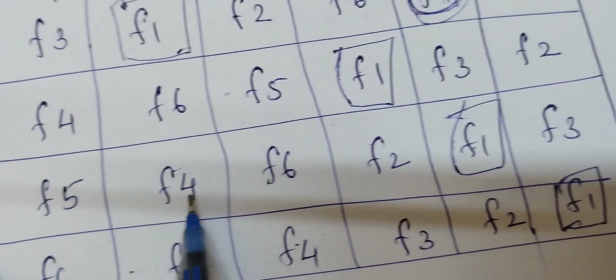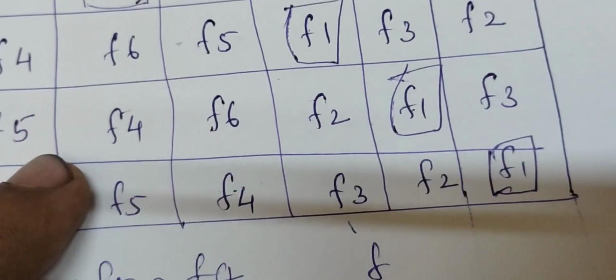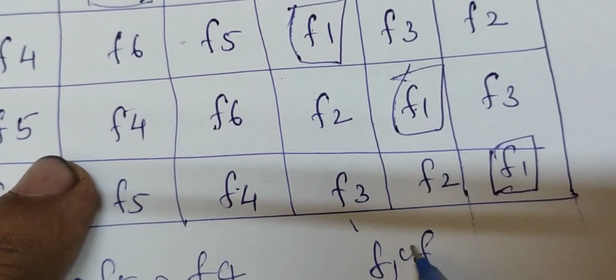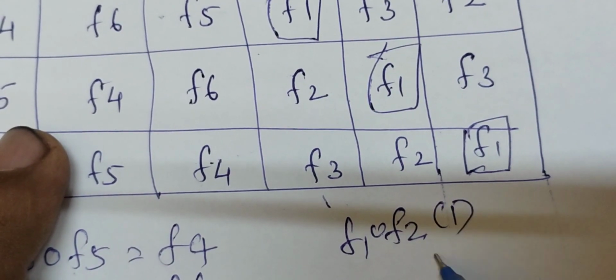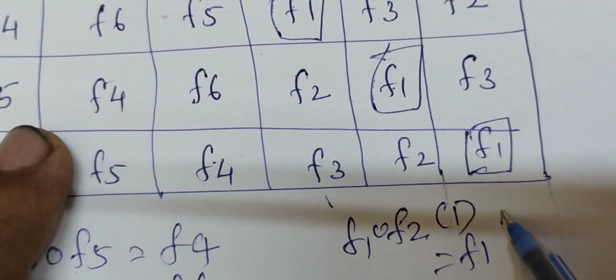So actually, what is F1 composition F2? F1 composition F2. That means F1 composition F2 of 1 means F1 of F2